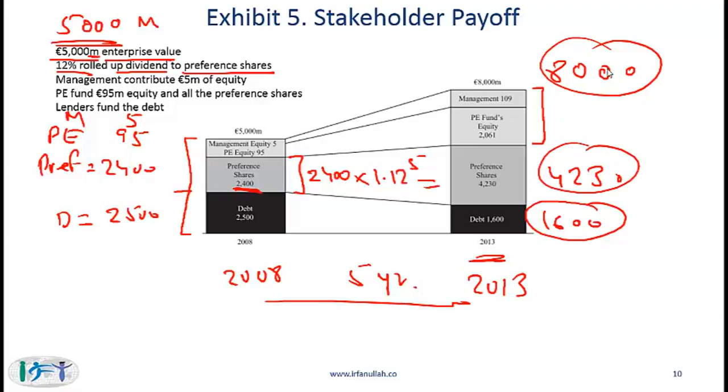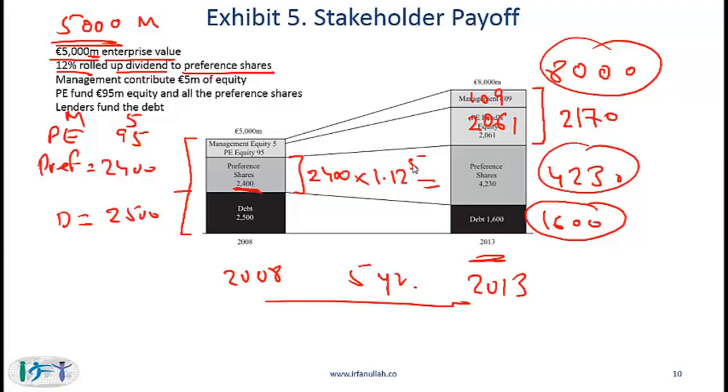So you will have 8,000 minus these two numbers. So how much is that? It is 2170. Of 2170, 5% goes to management, so that is 109, and 95% belongs to the private equity fund, so that is